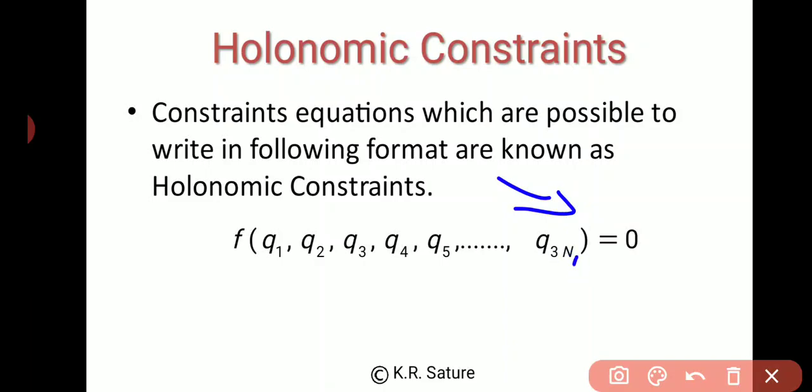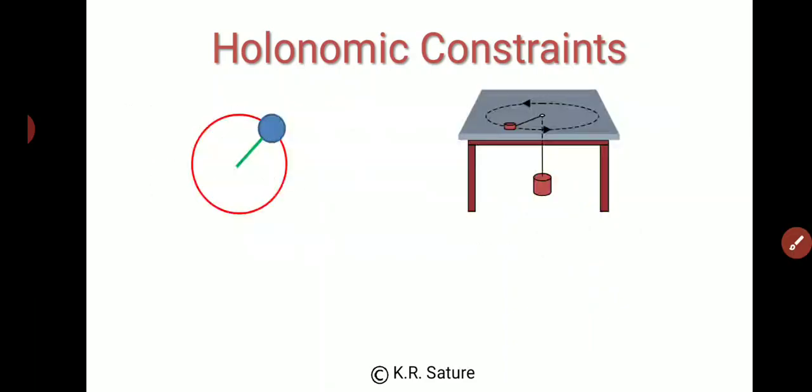There is also one more term, that is time. So q1, q2, q3 are the coordinates. If it is a three-dimensional system with only one particle, then it is x1, y1, z1 and t. If there is n number of particles, then it is x1, y1, z1, x2, y2, z2 and so on, and at the end there is time. Okay, so now to understand this, let's discuss the example we have seen earlier.